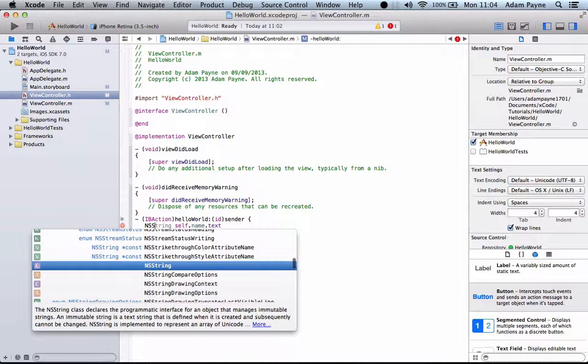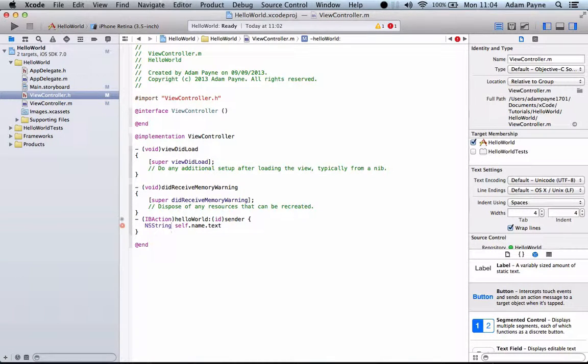So what we do is we call it an NSString. Now for Objective-C we look very heavily for pointers. So to create a pointer you use an asterisk. So what this does is rather than creating just the class, it creates a pointer in the memory to that class that you have created. So in this case we're going to call this yourName,